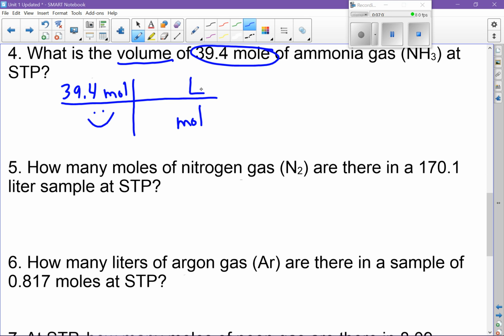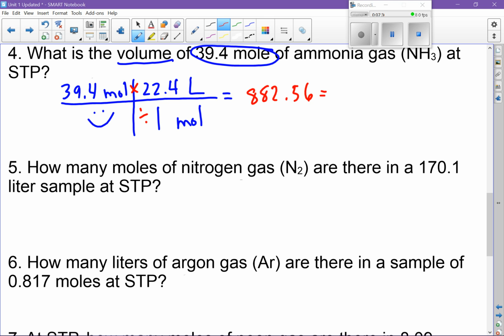The thing you're looking for goes on the top. Then you put your numbers in. Always 1 with the mole. Liters needs a 22.4. That's our molar volume. This can go in your calculator. Times on the top. Divide down and then hit equals, and I got